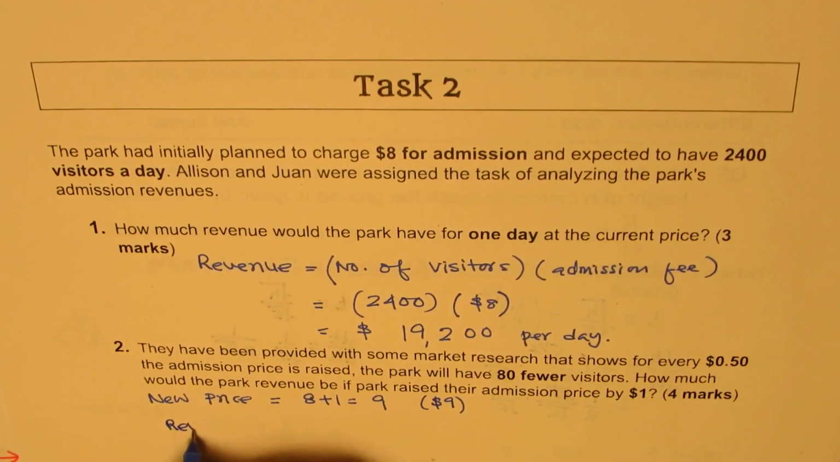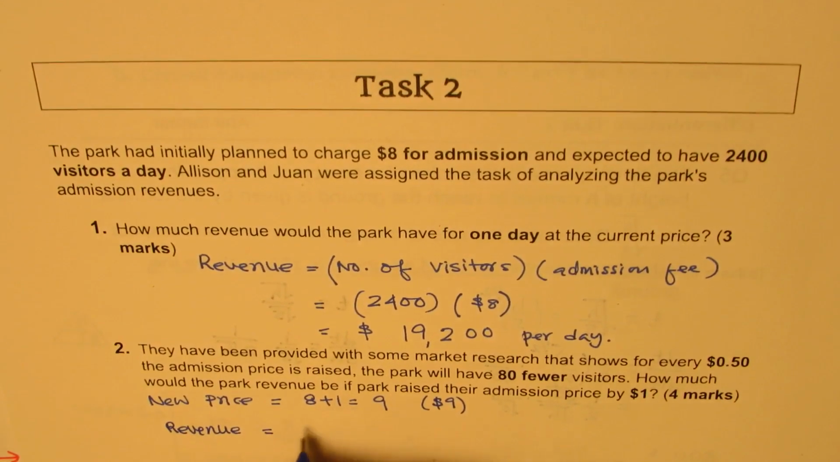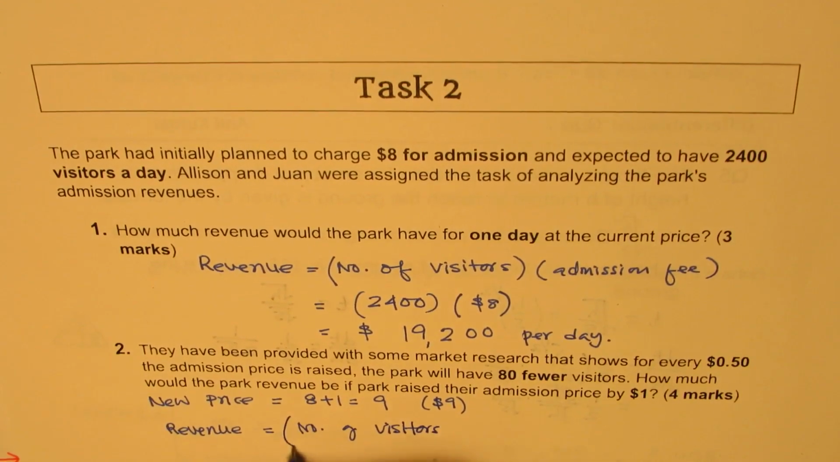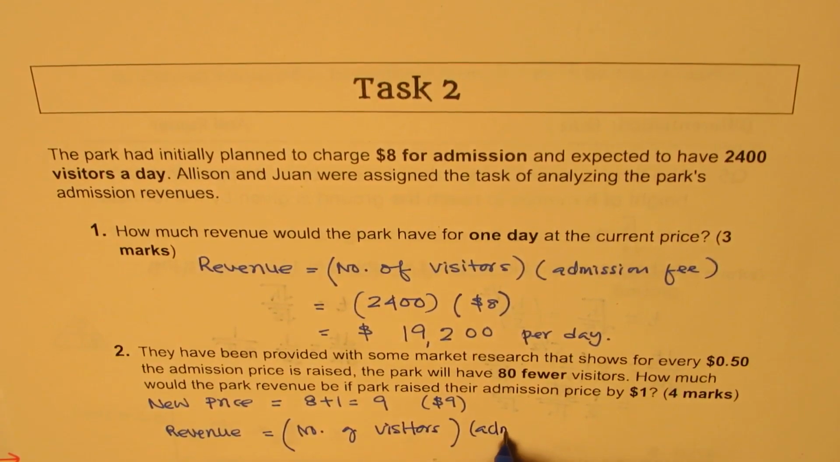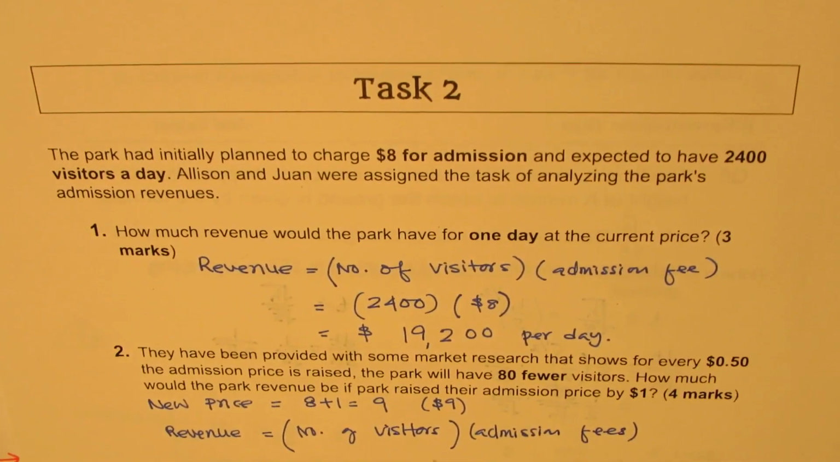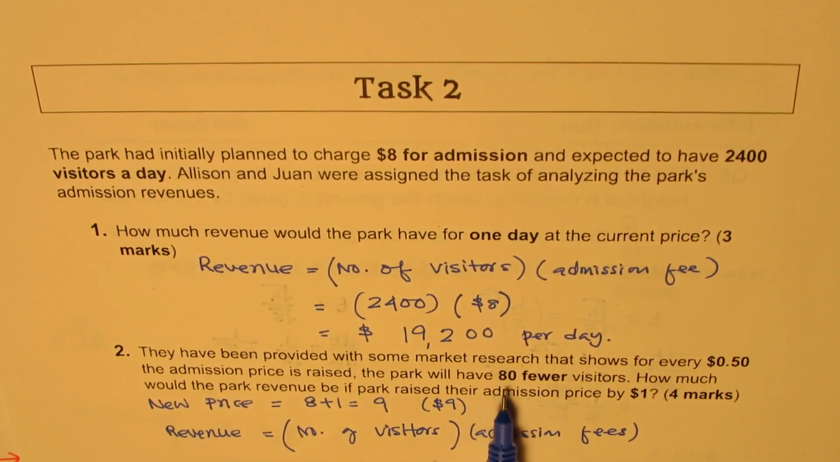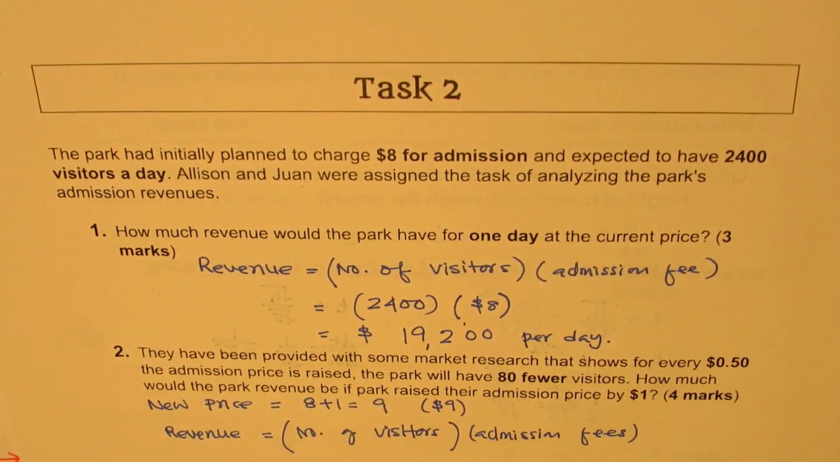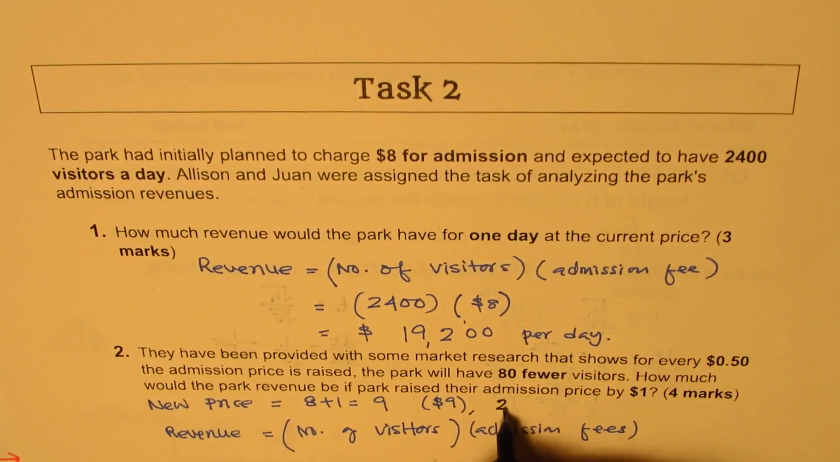So now the revenue will be, again, number of visitors times admission fees. You note that the number of visitors will also decrease. It says the park will have 80 fewer visitors, right, for every 50 cents increase. Now how do we incorporate this part? We increased by $1. That was straightforward. Now $1 means 2 sets of 50s, right? So that means 2 sets